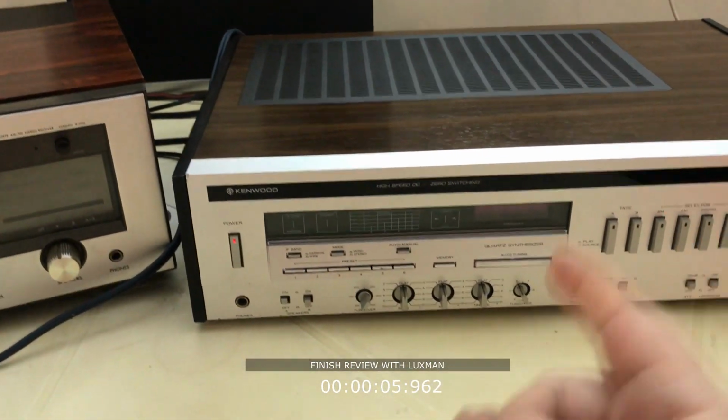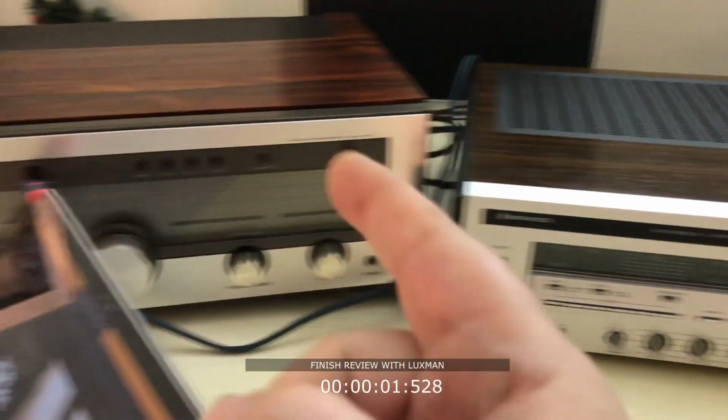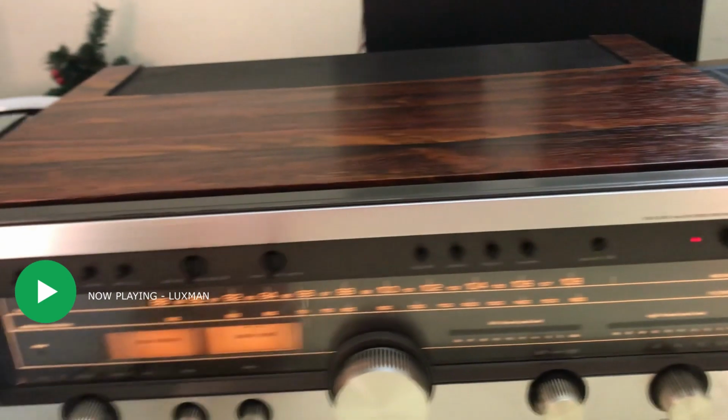I love this machine. I really love it, and I really appreciate how it sounds. So now move to the...